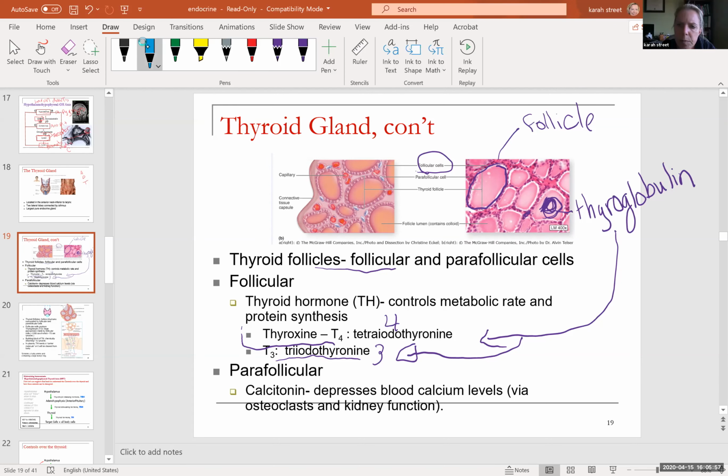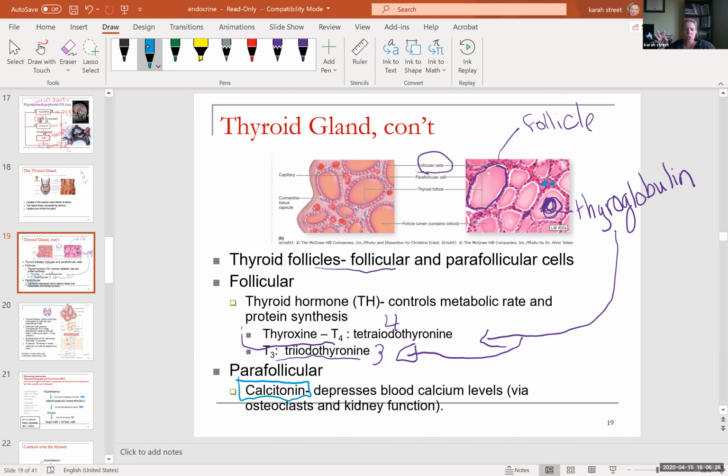Other cells in between, which I'm trying to color in blue, are next to the follicles. Those are called parafollicular cells. They make a totally different hormone called calcitonin, which we learned about in our bone chapter way back in lecture unit 1. Calcitonin really has negligible activity once you're born, but when you were developing in utero, it